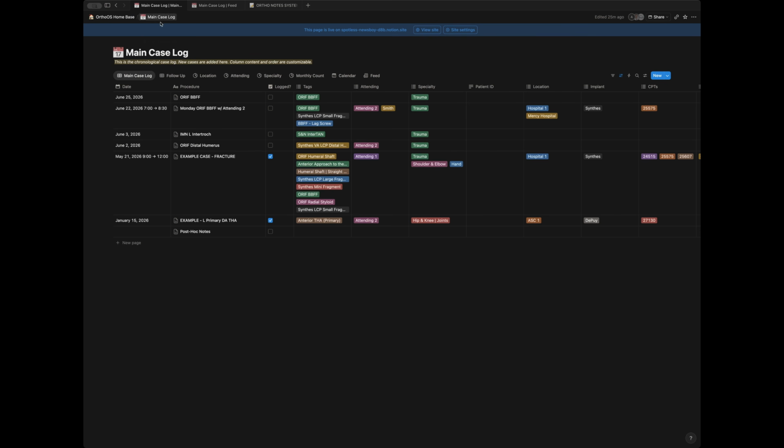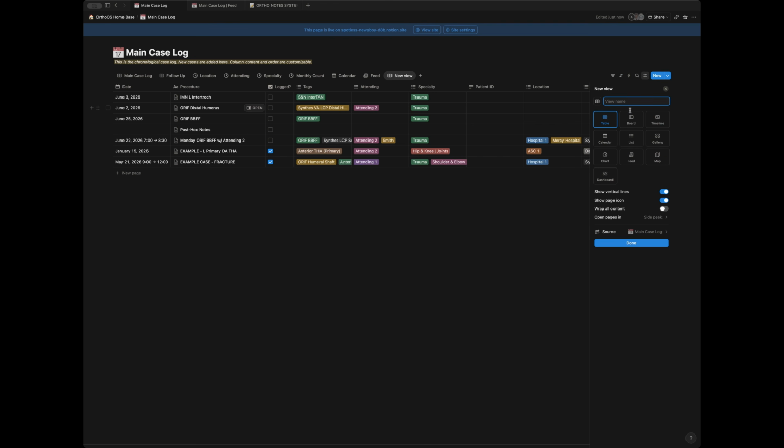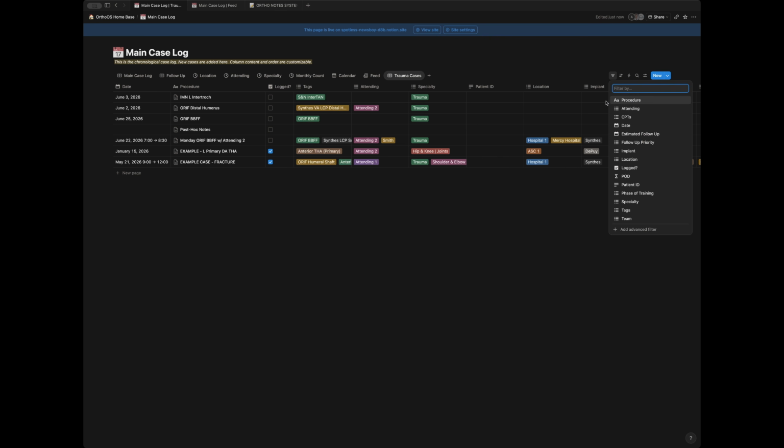So to add another view is very easy. You just go to this plus sign here. So I can have it appear any way I want. If I want a pie chart or a graph, you can make this any form you want. So if I want it to appear like this, I just select table and you can name it whatever I want. So in this case, I could call it trauma cases. And within trauma cases, I just want this to pull in just my trauma cases, none of the other ones. I could filter it by specialty,